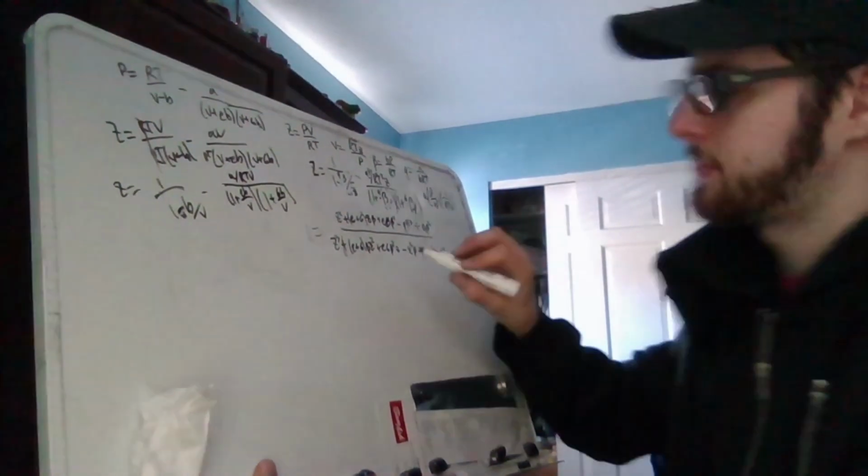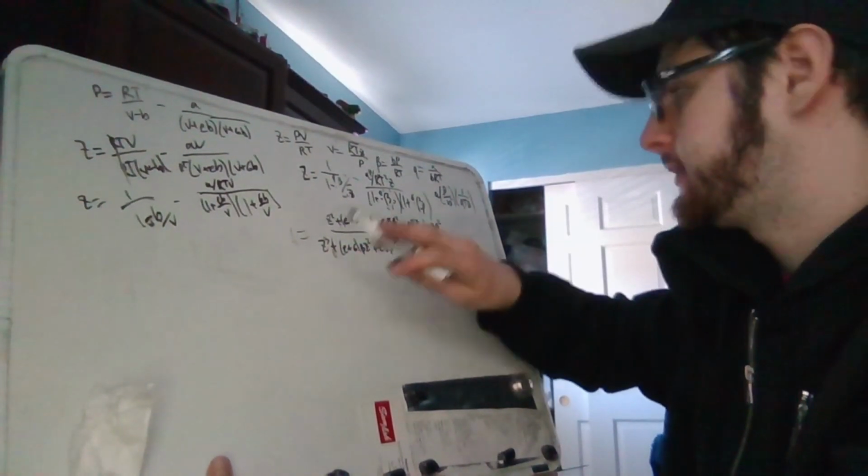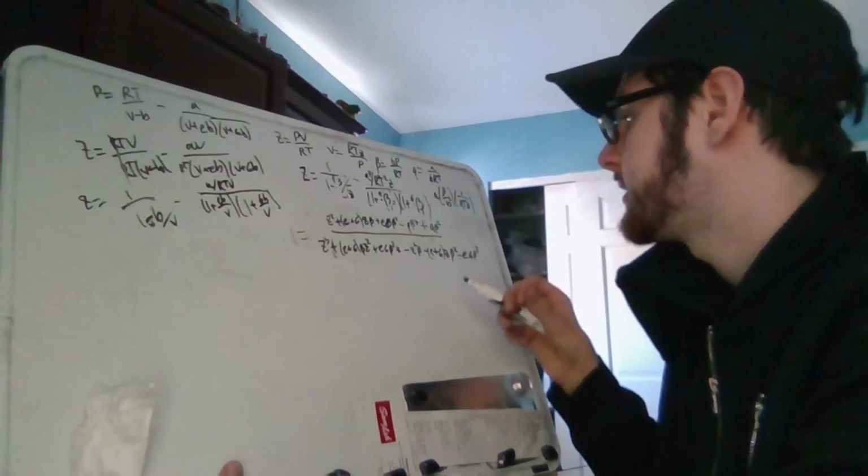And then from there we can multiply this denominator to this side and shove everything over to the denominator side and set it equal to 0. So doing that, you get